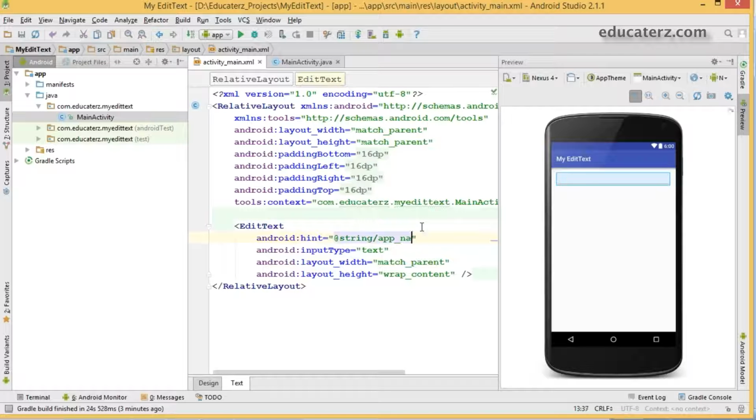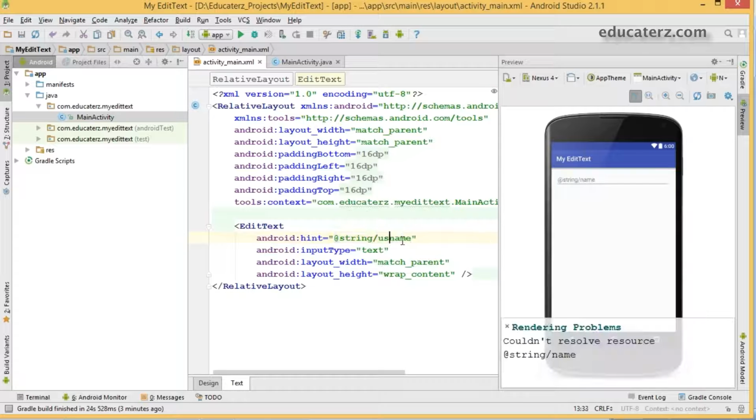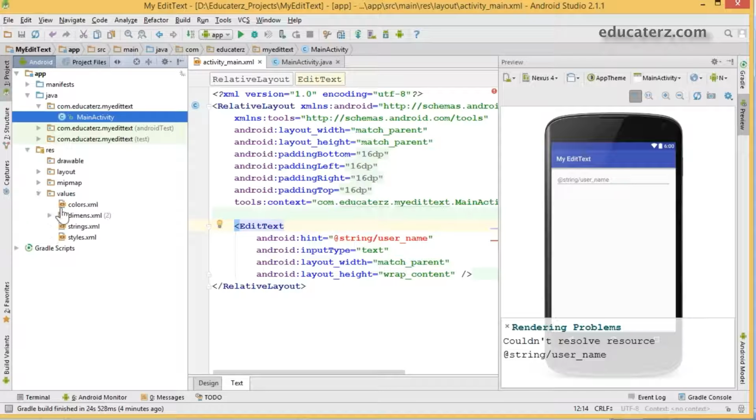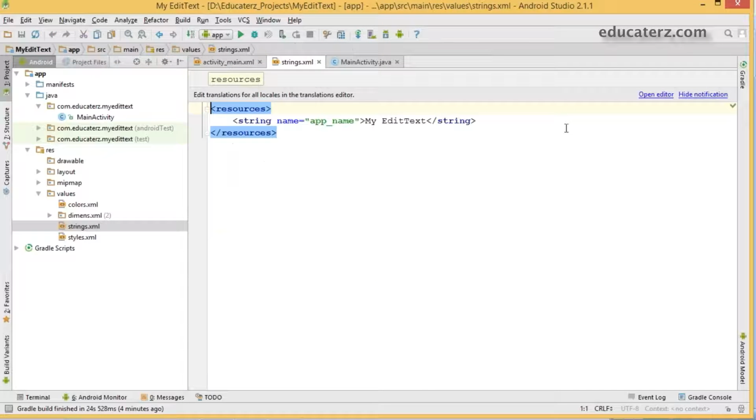So give your string like the app name, so it would be like my edit text. Or if you want to enter the name, you just give username here. So go to strings.xml and create it in your values directory, strings.xml.